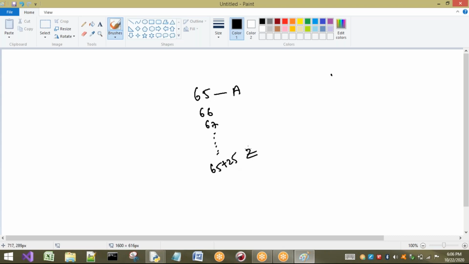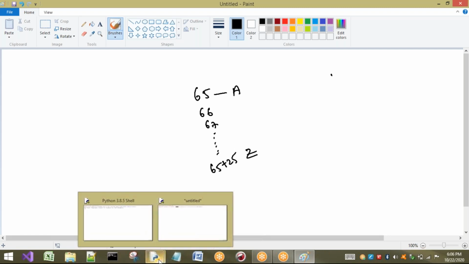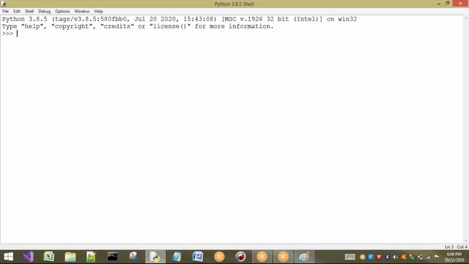We have already seen how to find the Unicode of characters, so let us see that. For example, I am going to write ord of capital Z. I get the value 90.